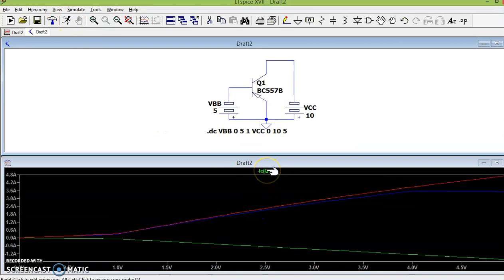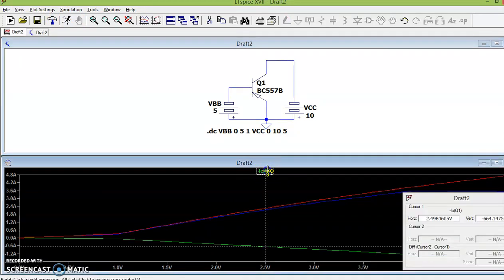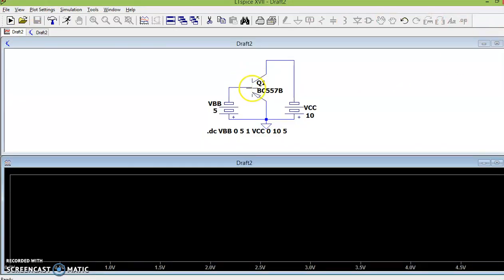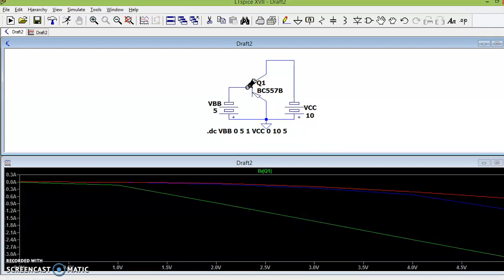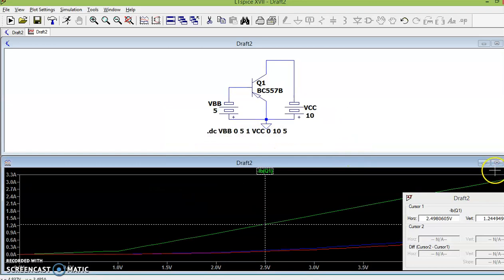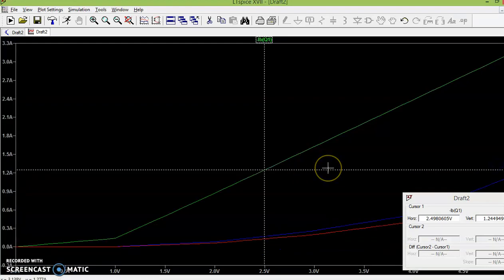Remember, I want an IB current and not an ICQ current. So I'll change the plot variable. Now my plot variable is going to be my IBQ. This is a voltage probe, but what I want is a milliammeter probe. So I'll be selecting this probe and I'll be plotting IBQ. Again, the current for a PNP transistor is negative. So if I want to compare it with my NPN transistor, I can simply plot minus IBQ. What I've plotted right now is my minus IBQ.